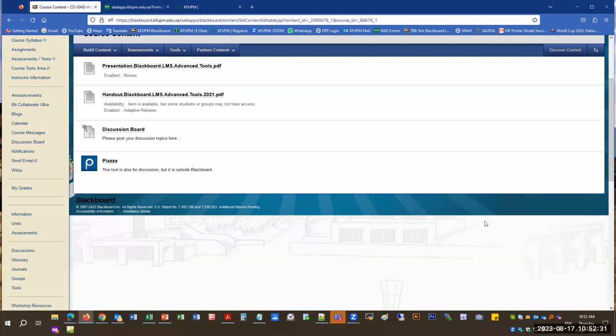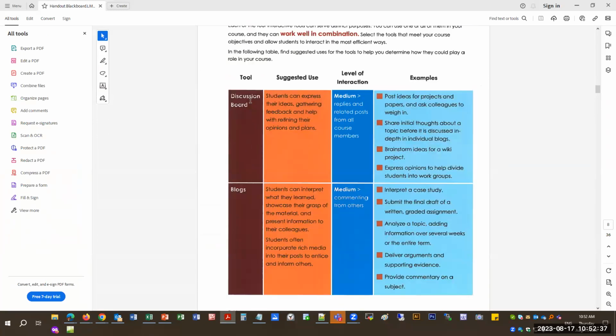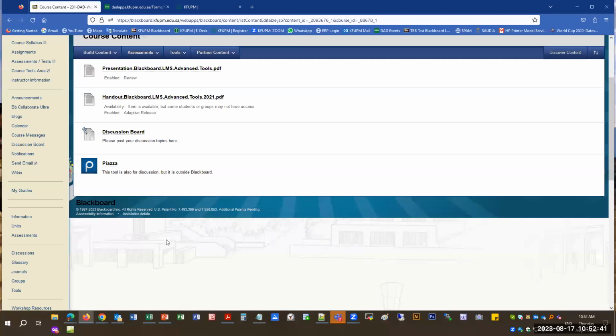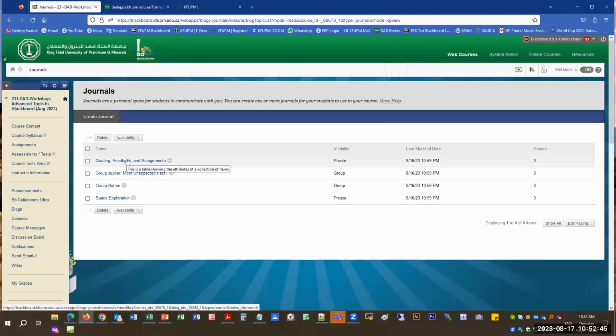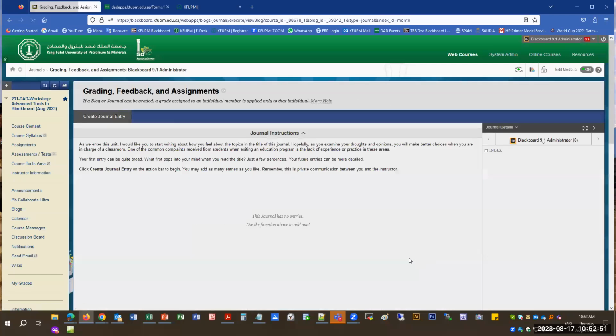So there are other tools for student interaction, which I did mention. We have seen discussion boards, we have seen blogs. If I look at journals and wikis, they are again very similar. If I click on the journal, you'll see that there are some private journals or group journals. So you can set the level of privacy, or you can create a new journal. So it's again similar to writing a discussion board post or a wiki page, or